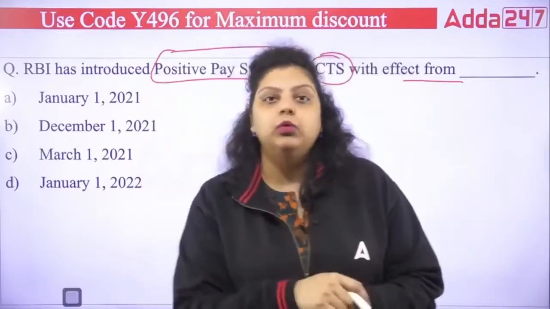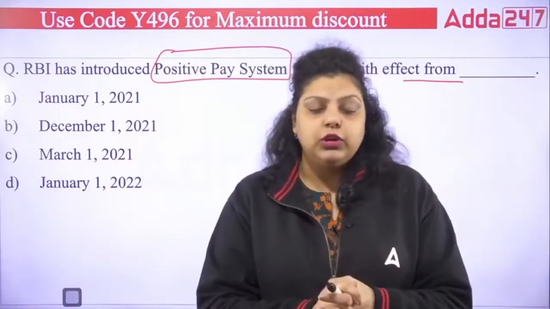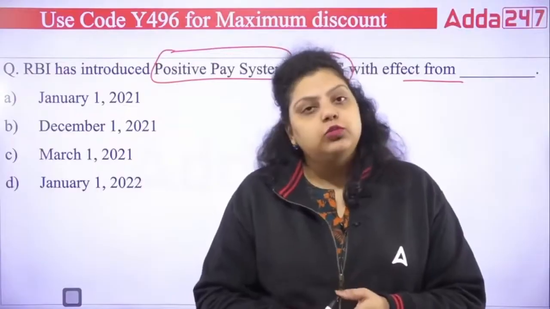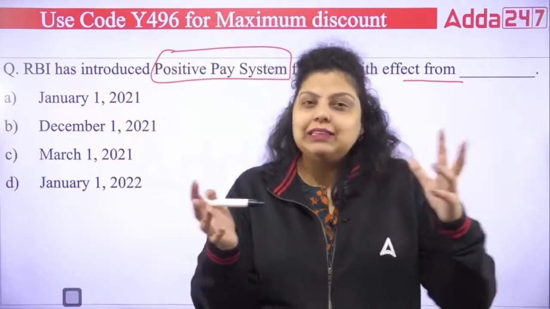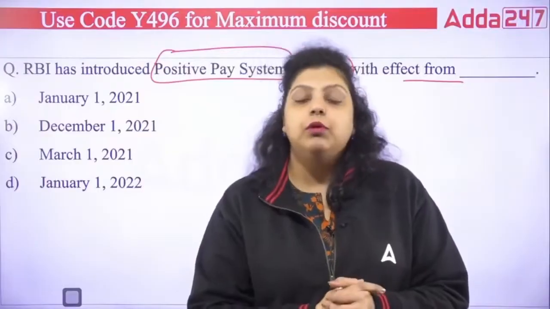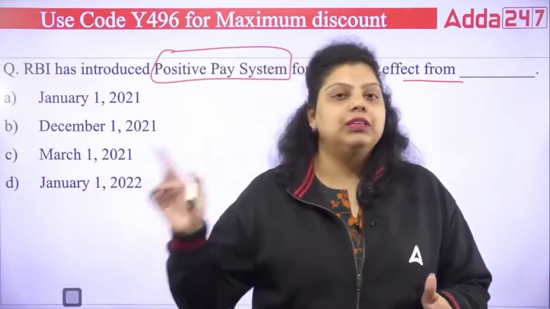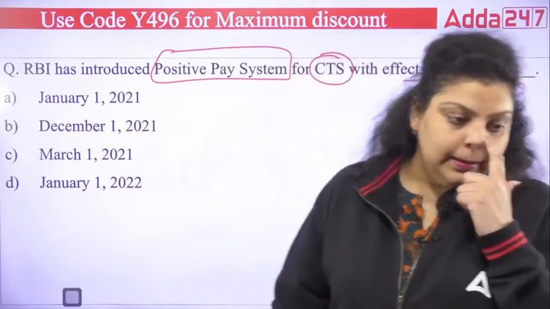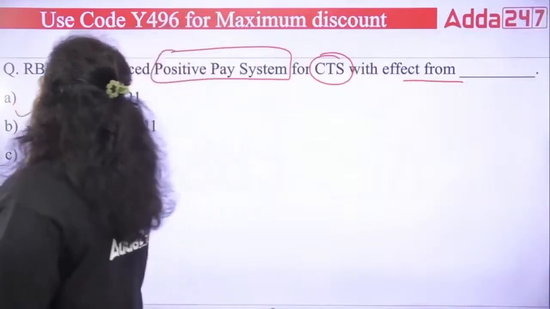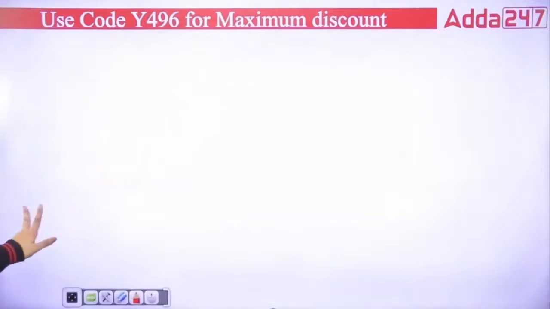On the application, I have to validate the information of a check. People used to add to the amount if they found the space, or if there was a possibility, and that somehow created a lot of issues for the bank as well as the customer. So that's why now large-amount checks will be validated by the customer only on the application, and that's the positive pay system. Clear? Up to 50,000 it's the choice of the customer, but above 50,000 it is mandatory. Clear? And the right answer here will be 1st January 2021, it has introduced the positive pay system. So the right answer will be your A.